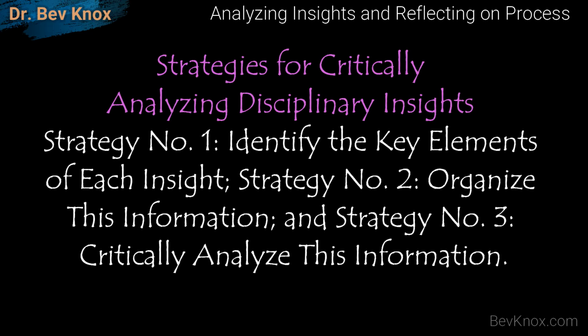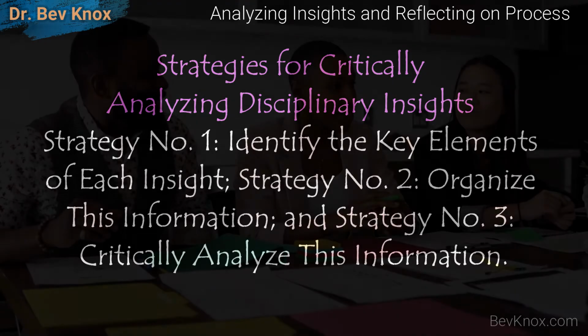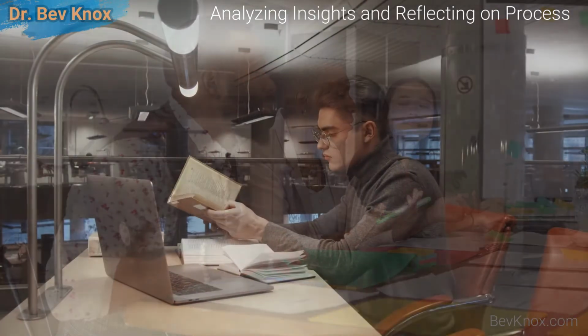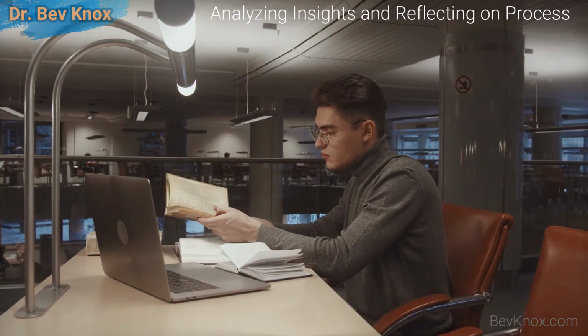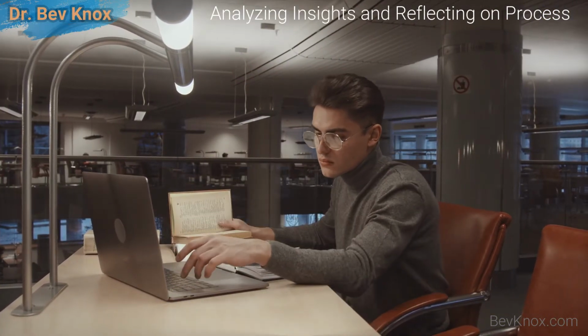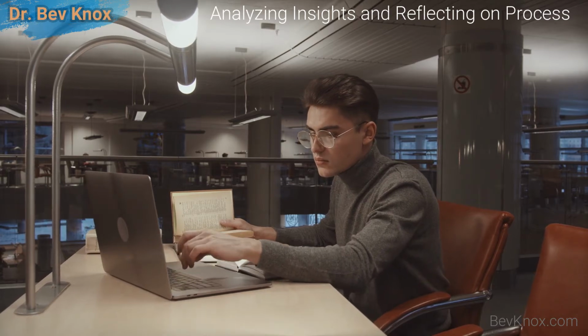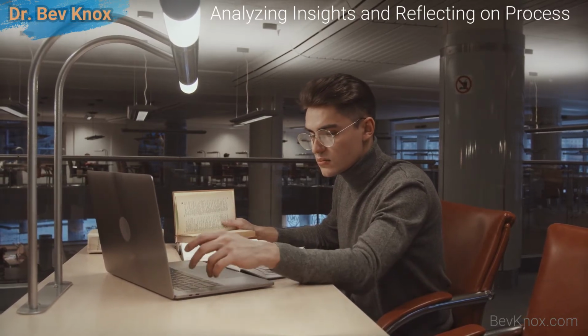Strategy number 2, organize this information. And strategy number 3, critically analyze this information. In strategy number 1, identify the key elements of each insight. In critically analyzing insights, we are interested in identifying the key elements of each insight so that we can locate